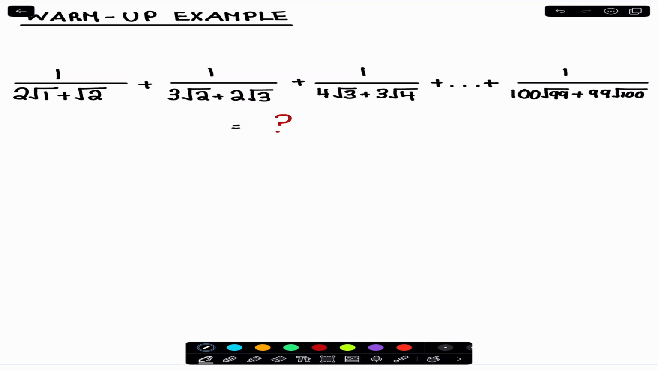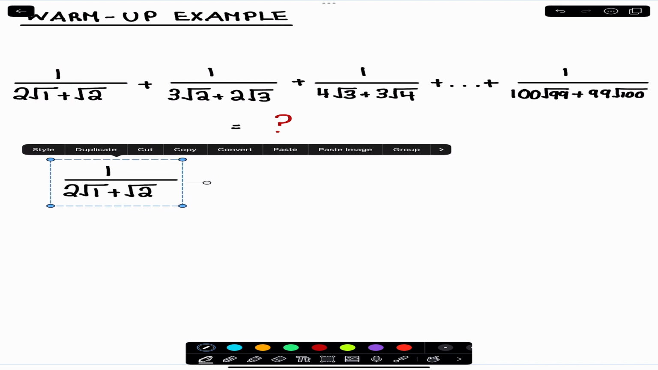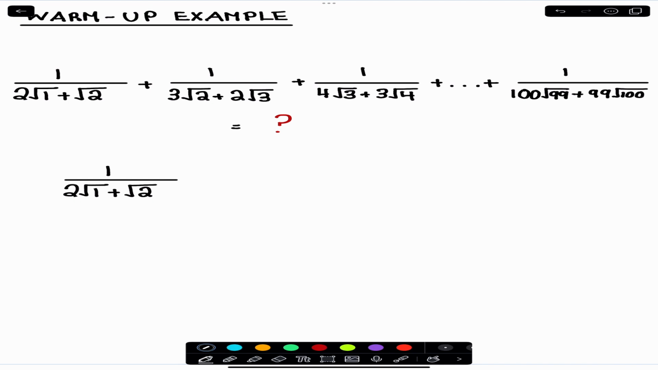So for a problem like this, I hope you instantly thought to rationalize. So I'm just going to take this and get to work. To rationalize this, we're going to have to multiply this first term by the conjugate, which would be the term in the bottom, just with the sign flipped. So if I go ahead and do that very quick, what we're going to get is this first term ends up being 2 root 1 minus root 2